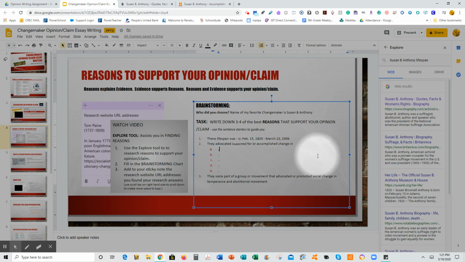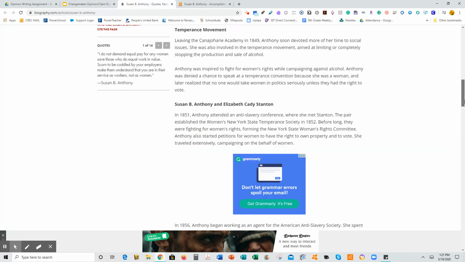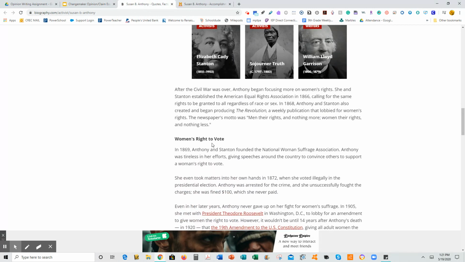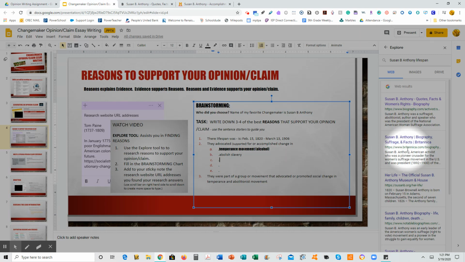Now, the temperance movement, I'm going to put also here as a reason, and that had to do with alcohol. She was part of the abolitionist movement, so she wanted to abolish slavery. Now, let's see if we can find anything else. Women's right to vote. Okay, we can put women's right to vote.